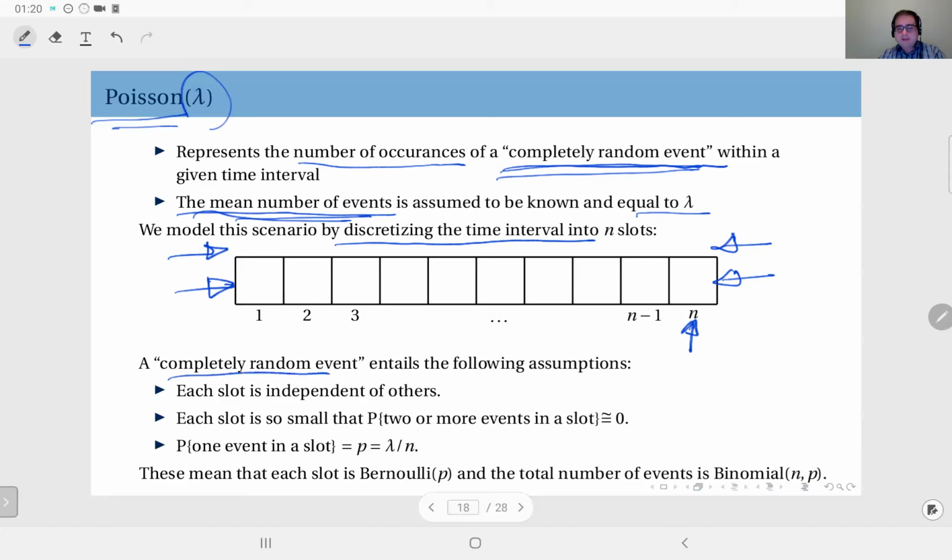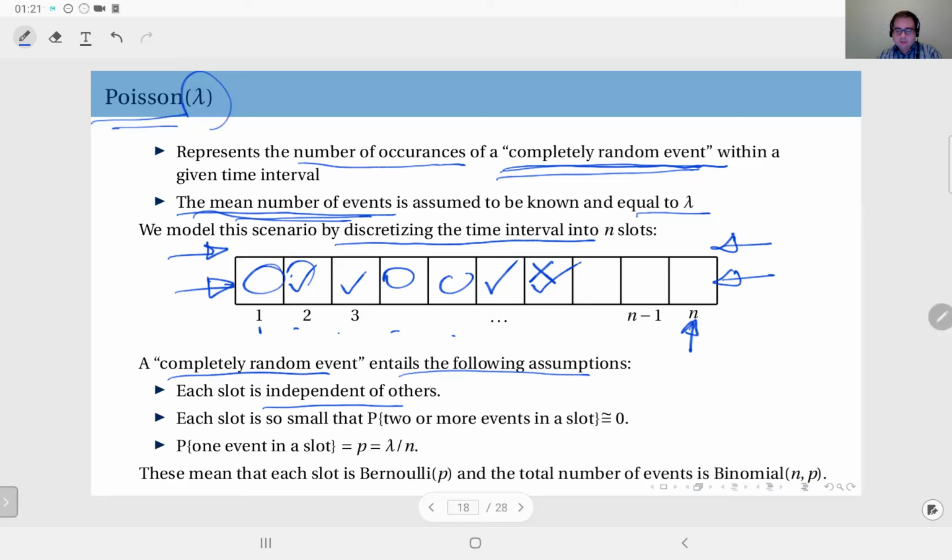Now, a completely random event can be characterized by the following assumptions. We will assume each of these slots, 1 up to n, is independent of the others. That means if an event occurs here, that will not affect the occurrence of an event in this slot. You do not decide on whether an event occurs in a slot by looking at the nearby slots. You will not say, an event occurred here, so I will not let an event occur here. That's disallowed. Each slot is independent,